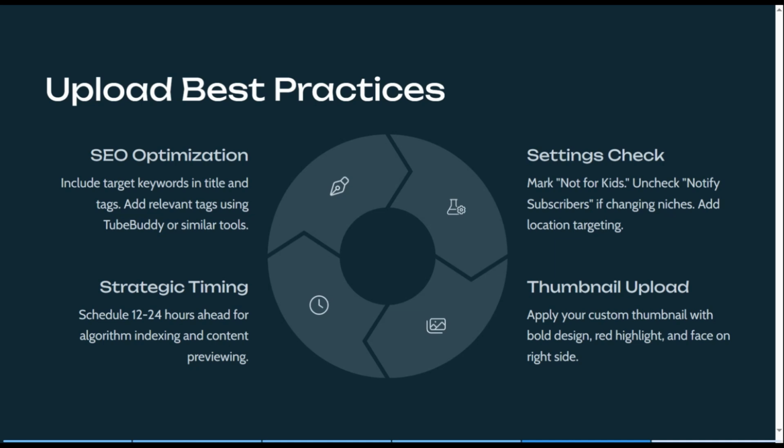They are simple. Strategic timing is another bit. When you want to upload, you get to a bit that says make it public immediately. It's better to schedule it. Schedule it for 12 to 24 hours afterwards, because that gives YouTube time to assess the video, know what it's about, and just give it that time to put in the ads if you already monetize and everything. So it's better to give it some time. That doesn't mean you won't get views if you publish it immediately. You will get views. However, it will not be as good as somebody who scheduled it.